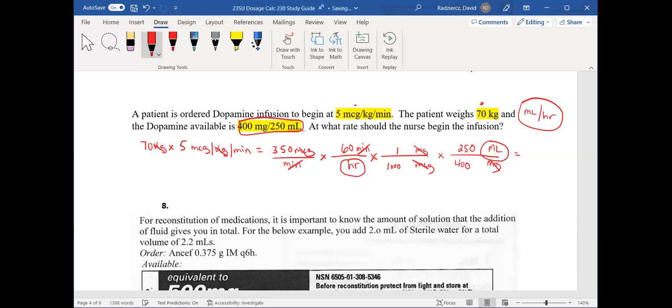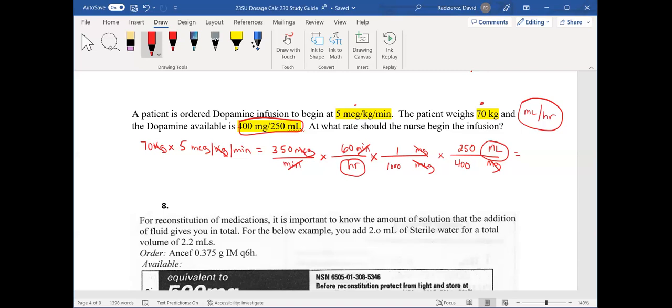And you can see that I've crossed everything else out, and the only thing I'm going to be left with is what I'm looking for, which is milliliters per hour. Then the last thing I would do is just multiply across the top, divide by the bottom. So I'm going to take 350 times 60 times 250, and that gives me